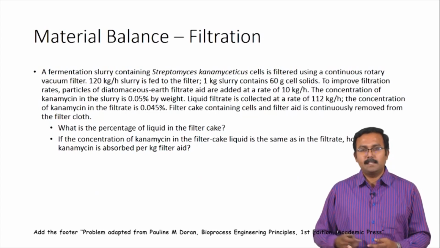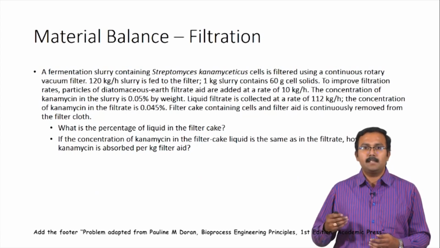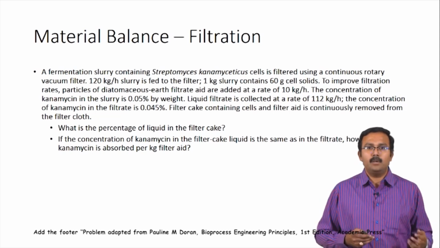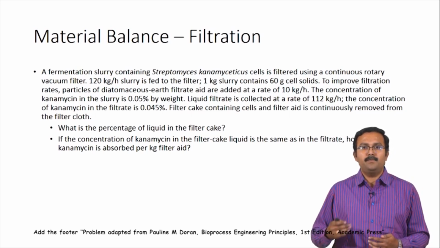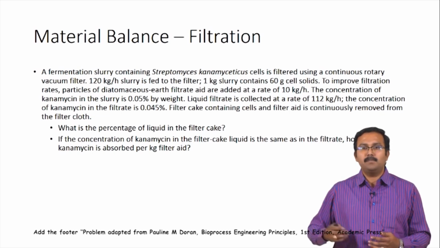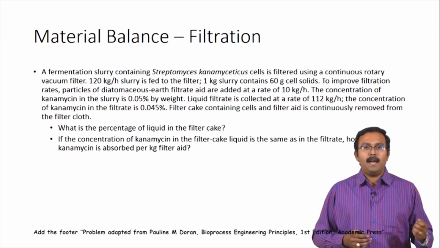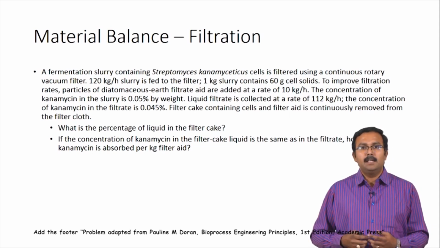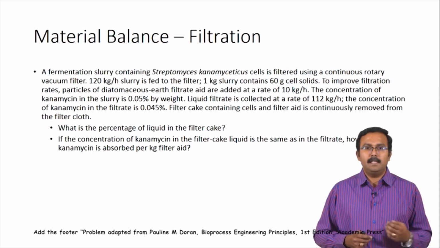Let us now look at an example problem for filtration. A fermentation slurry containing Streptomyces kanamyceticus cells is filtered using a continuous rotary vacuum filter. 120 kilograms per hour of slurry is fed to the filter. 1 kilogram of slurry contains 60 grams of cell solids. To improve the filtration rates, particles of diatomaceous earth filter aid are added at a rate of 10 kilograms per hour. The concentration of kanamycin in the slurry is